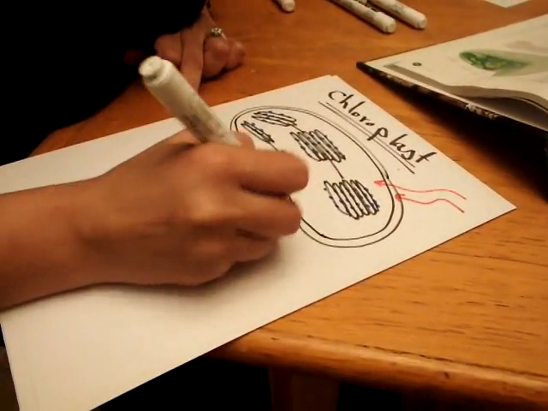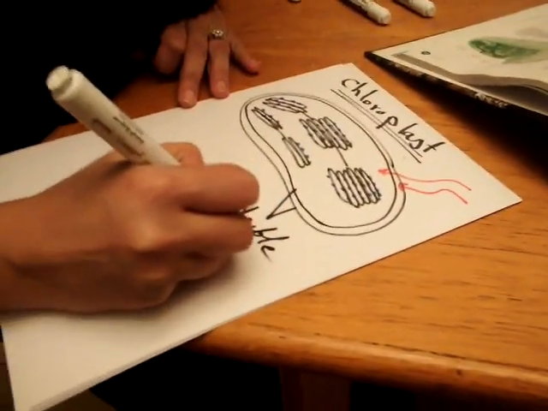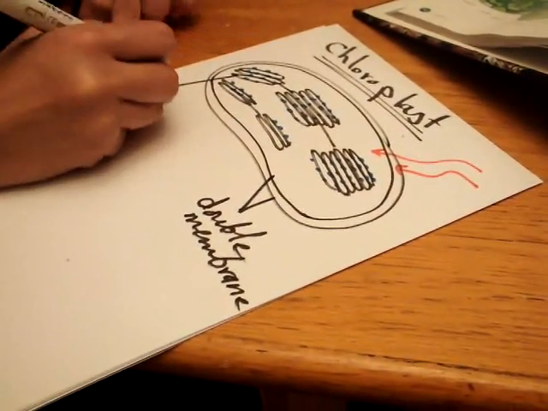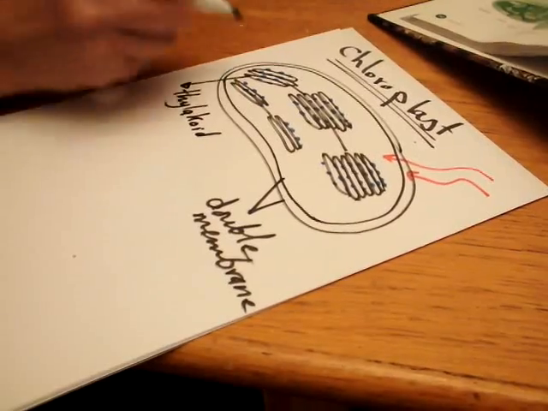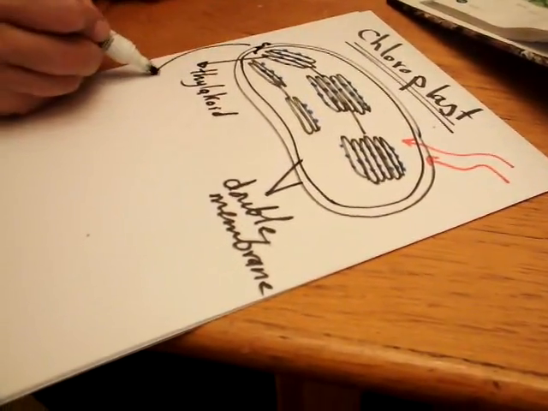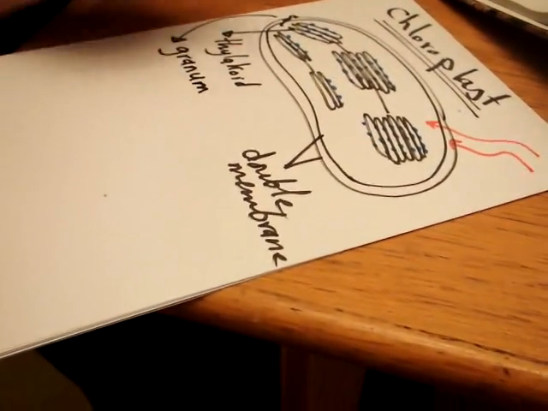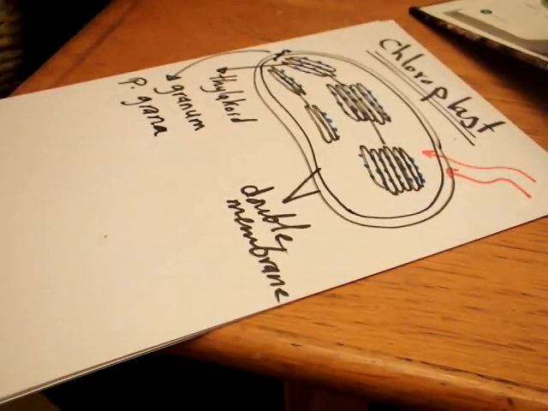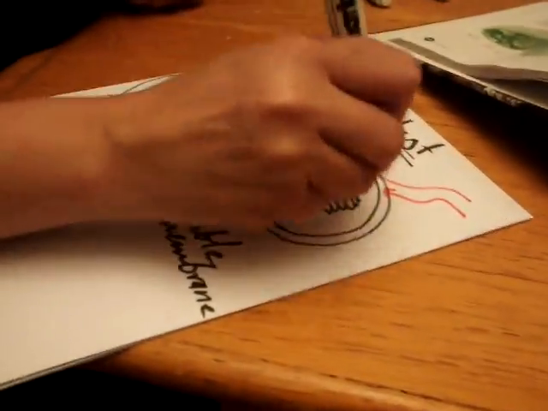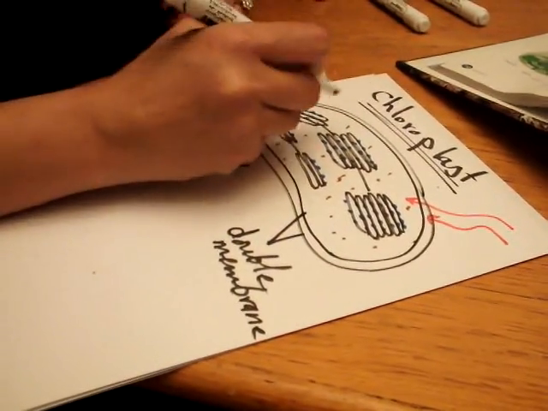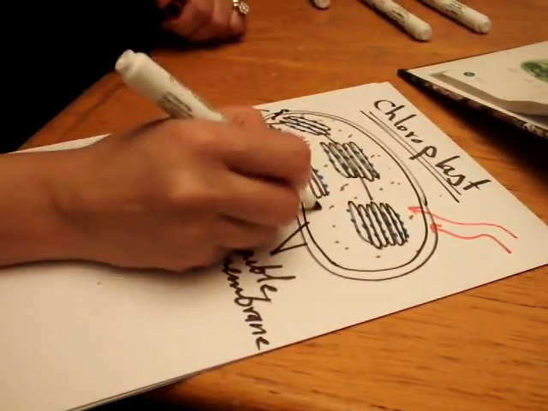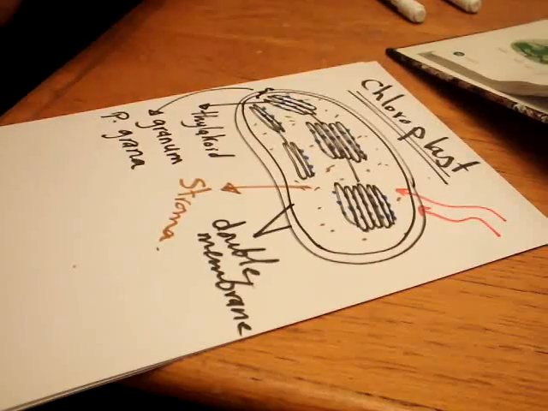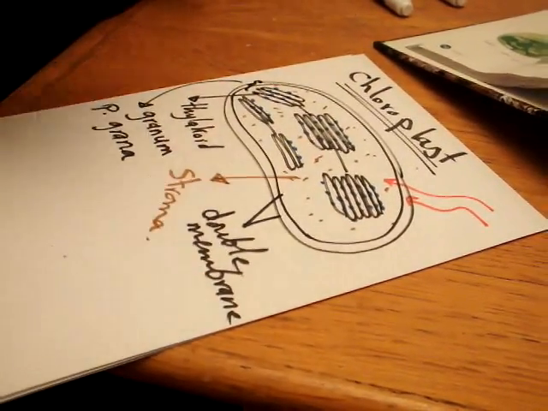So this is double membrane. Okay, this is thylakoid. The one membrane is called thylakoid. Okay, a pile of thylakoids all together like this, they make what's called granum. Granum are called grana. The plural is grana. Okay, and then these thylakoids or these grana are embedded in fluid called stroma. Okay, if I ask you, just guess, reaction called light dependent reaction, do you think it takes